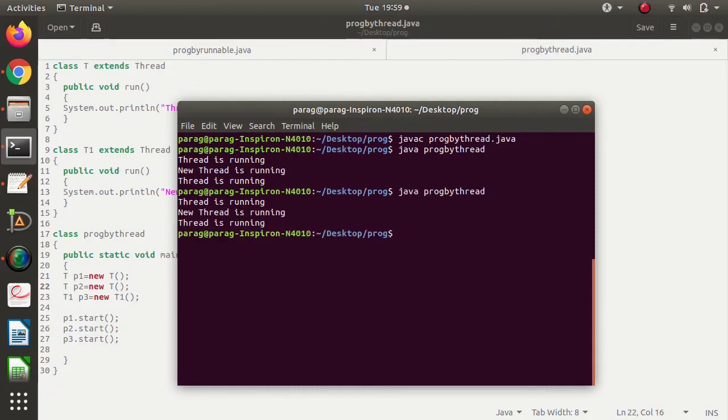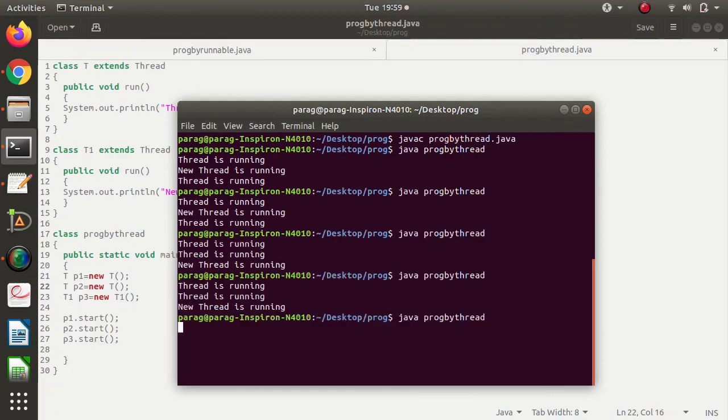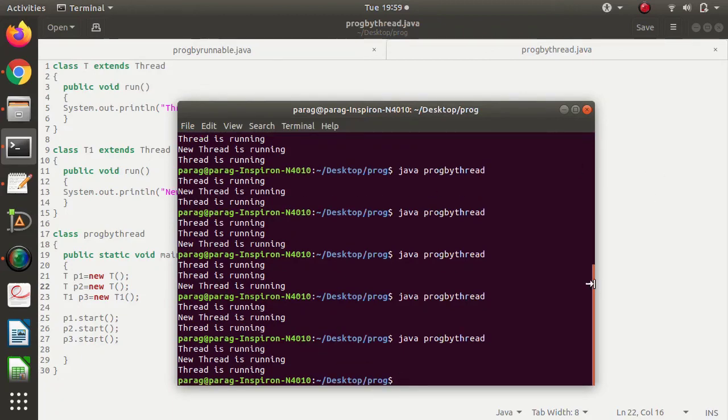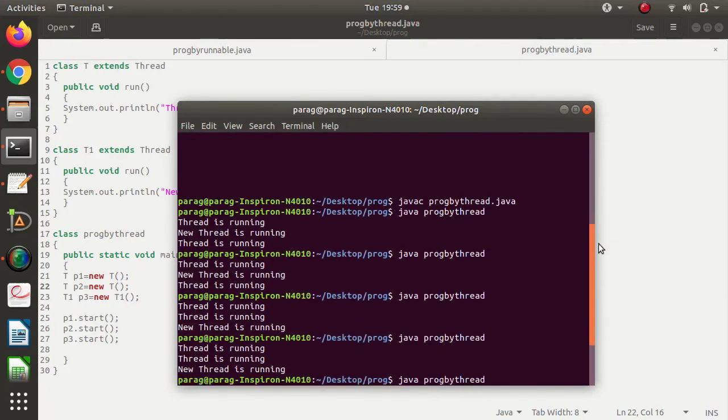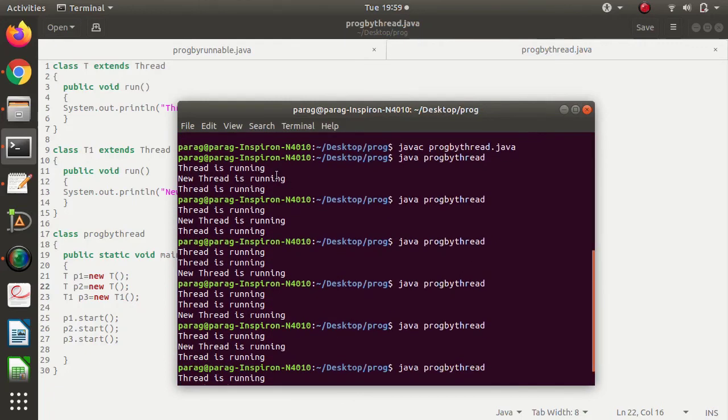Again, we'll run it. In the same way as the previous example, here new thread is running is the second statement, here also the second statement, here it is a third statement, here also a third statement, here it is a second statement.